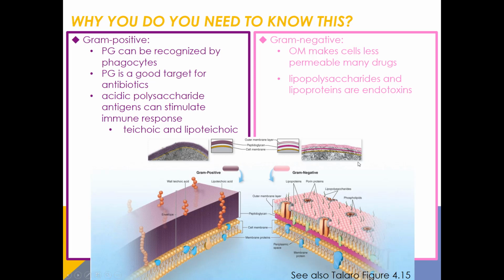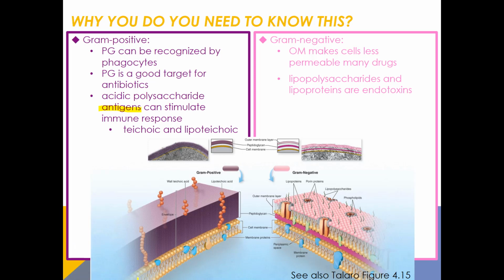Next, on the flip side, gram-negatives have an outer membrane that is selectively permeable. Well, if it is selectively permeable, meaning only water and uncharged molecules can pass through, that also means that they can somewhat regulate whether or not antibiotics make it through. Now, I mentioned the things hanging out of the cells. I mentioned the teichoic and lipoteichoic acid of the gram-positive cells. Those are what we call an antigen. An antigen is anything that stimulates an immune response.